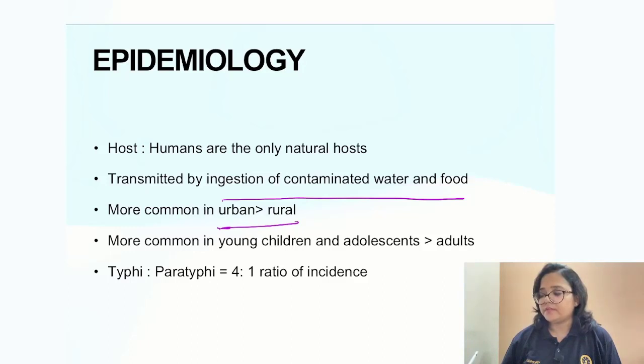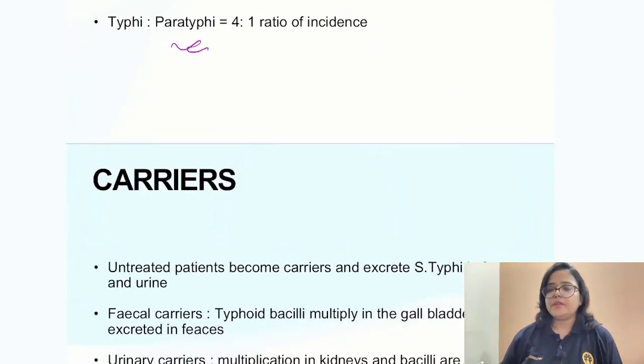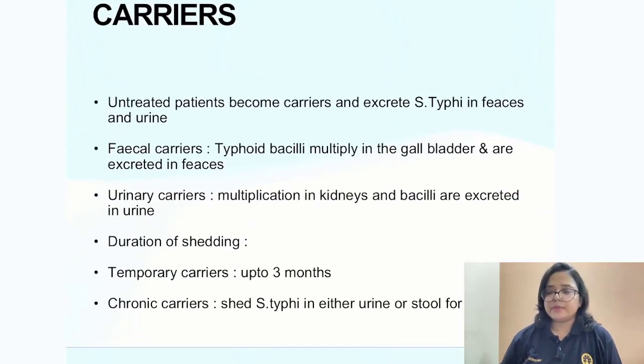The ratio of Salmonella typhi to paratyphi is 4:1. Yet the incidence of paratyphi is rising because of the vaccination against Salmonella typhi. Coming to the carriers, the untreated patients become carriers and excrete Salmonella typhi in either the